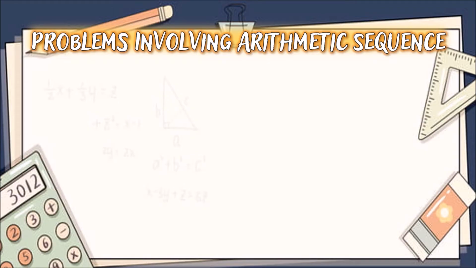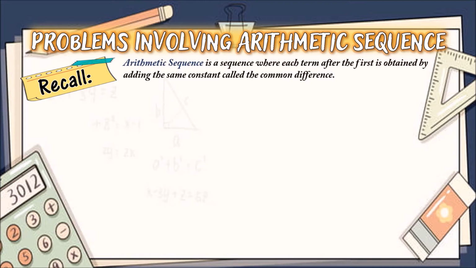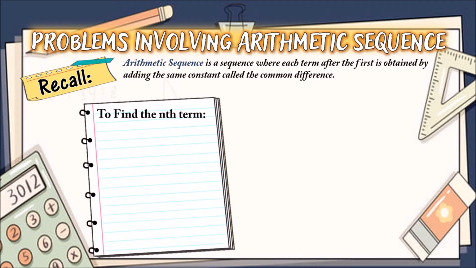Simulan natin sa problems involving arithmetic sequence. So let's recall yung mga napag-aralan natin sa mga nakaraang module para mas maintindihan natin ang ating discussion ngayon. Arithmetic sequence is a sequence where each term after the first is obtained by adding the same constant called common difference. We also discussed sa mga nakaraan nating module on how to find the nth term, kung saan meron tayong